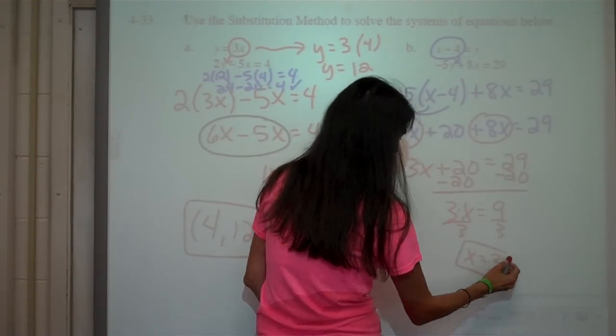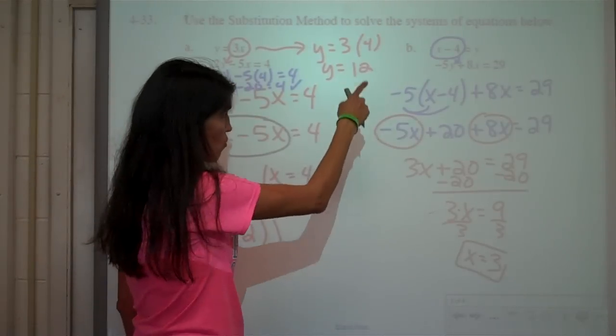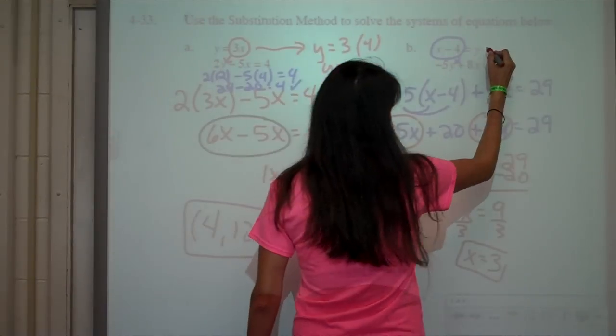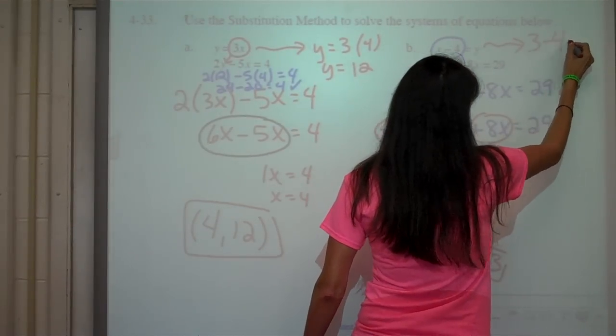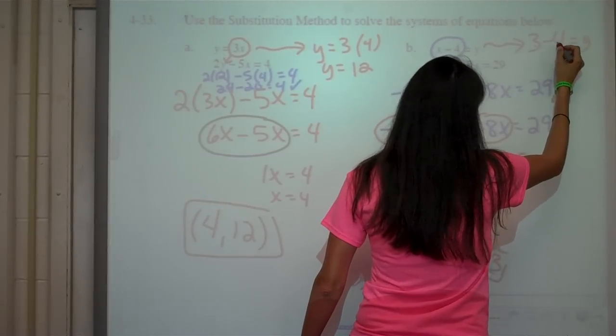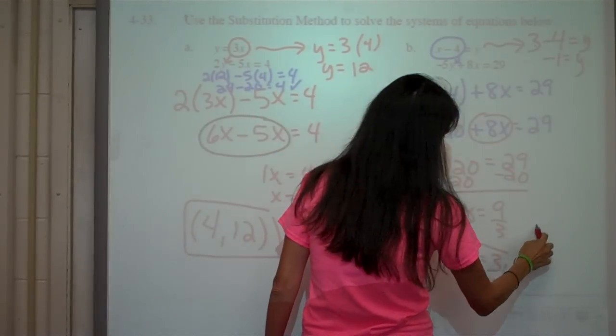x is 3. Then once again, to get the y value, you pick either original equation. I prefer the top. You can do what you want. I'm going to put the 3 in for x. If I borrow $4, pay you back 3, add what you want. So the solution to this system is